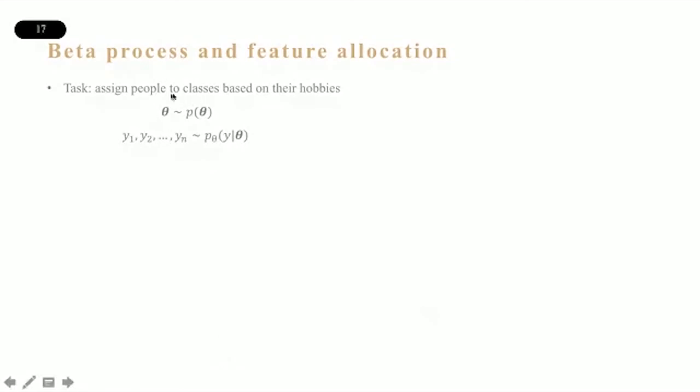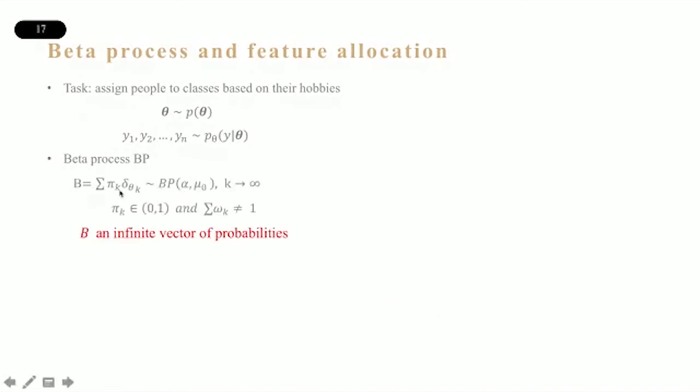So the first step to define my model is to define a distribution theta over the classes, which I sample from a distribution. So theta here should be the probability of me being assigned to each of the classes. And then, given this probability theta, I decide about my assignment by sampling from the data generating mechanism. Let's make it clearer. Let's talk about the beta process in maths. A beta process is a stochastic process.